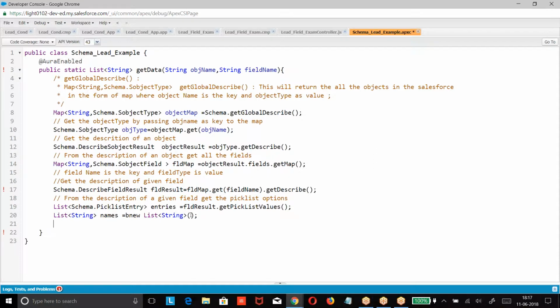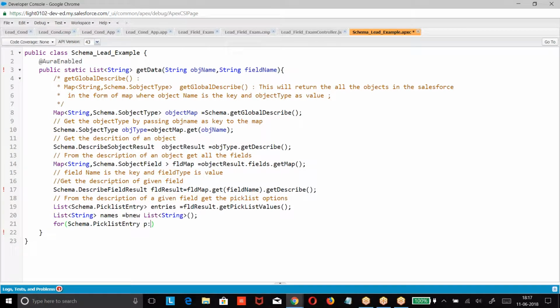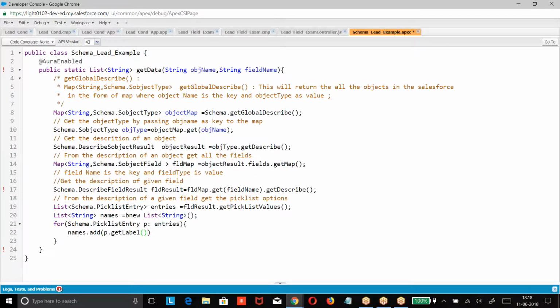Then take one by one option, entries. So what I was doing: get the pick list options, take one by one option, get the label name. Whatever the pick list label is there, get that label.